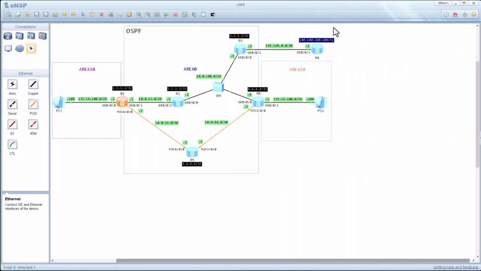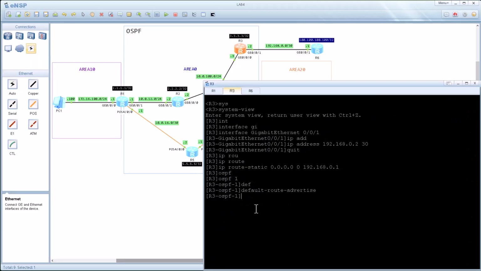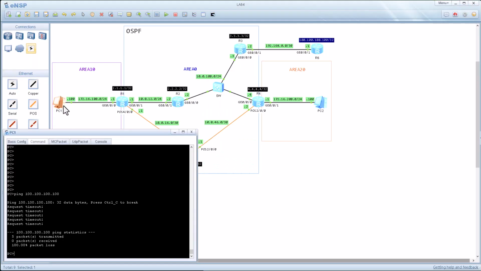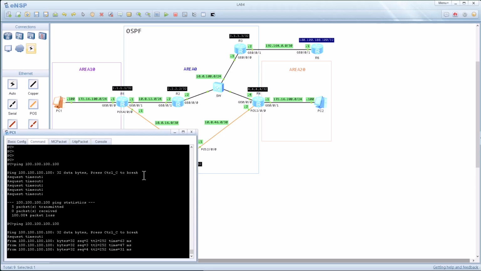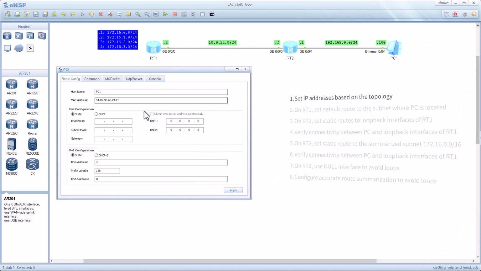What we need to do in this lab, we want to ensure connectivity between PC1 and the loopback of router 6. If the ASBR has a default route, the default-route advertise command enables the ASBR to advertise it into the OSPF area. Can we now ping 100.100.100.100? Yes, we can. The IP address of PC1 is 192.168.0.100, but